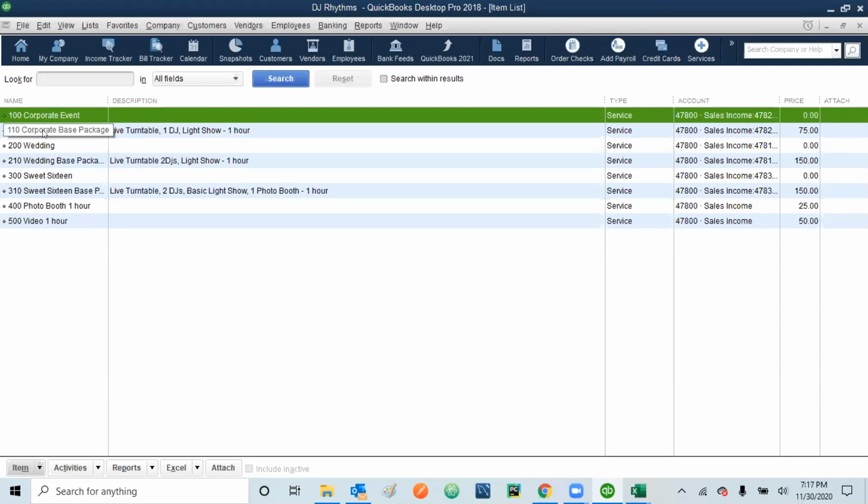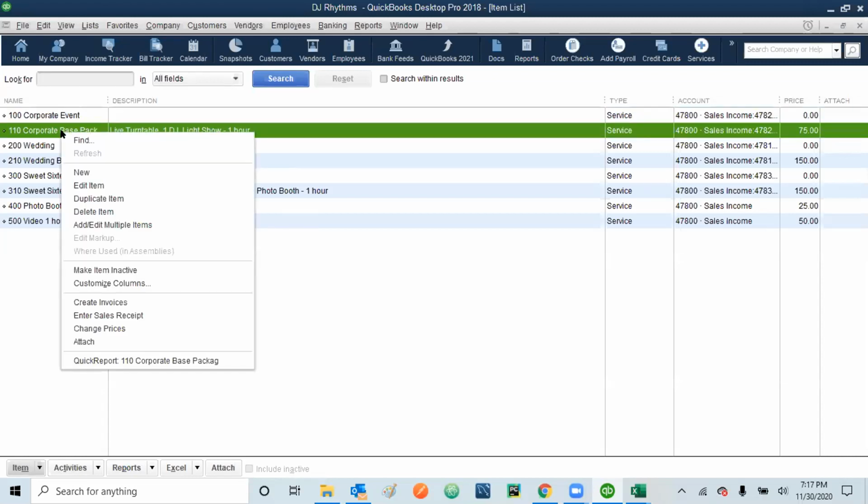Let's say when we go to Walmart or somewhere, we go to the stationery area where we see the pens. We are trying to buy a pen, and within the pens we can see different brands available. In a similar way, we are updating all of those parts here. So what we are doing is editing, making the sub item. The corporate event will be our main item, and I am making this one a sub item.